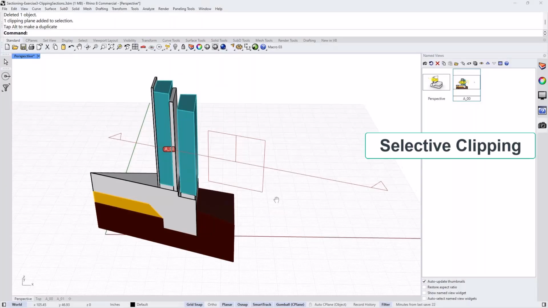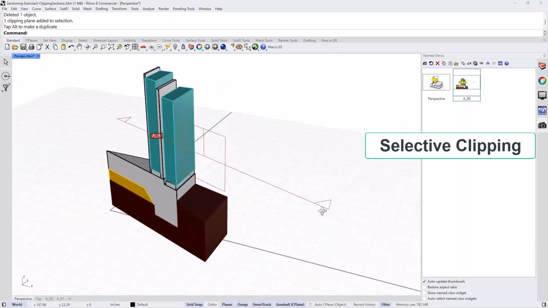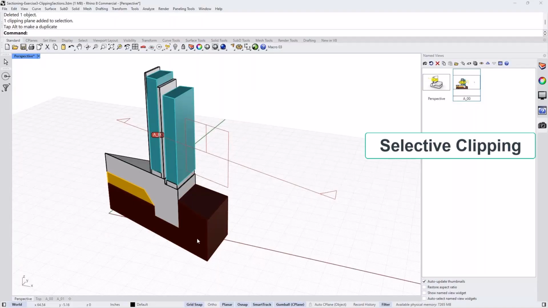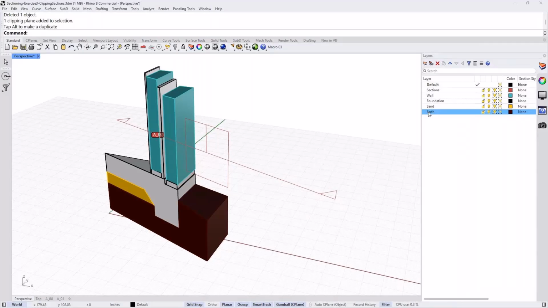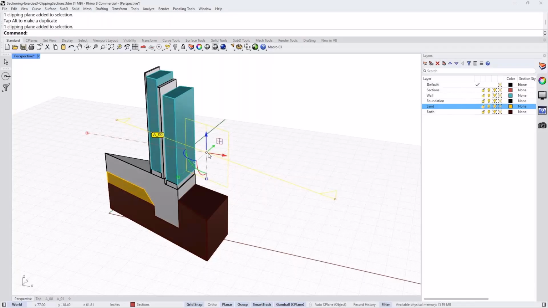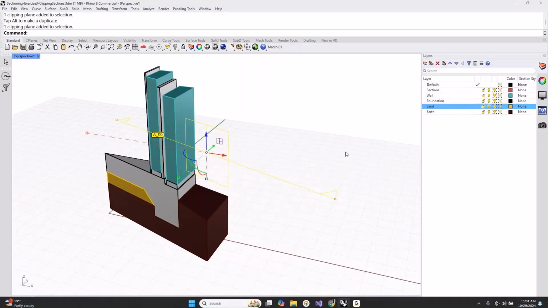So for example, for that model, let's say I am really not interested in sectioning through my earth, which is like that base layer. As you can see, there's the earth and the sand. And those layers I might not want to cut through. I just want to cut it through the walls and the foundation to just show the relationship between the two. And you can set it at the time of creating the section. If you recall, we are given the option to select the objects we want to cut through, but you can also do it anytime in your modeling workflow, and by selecting the